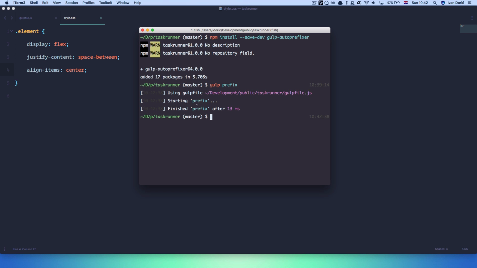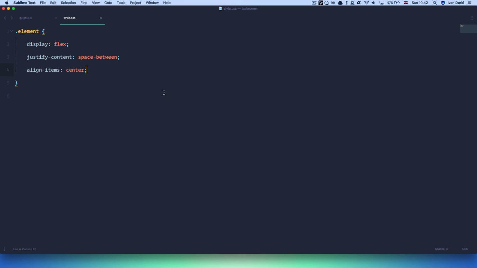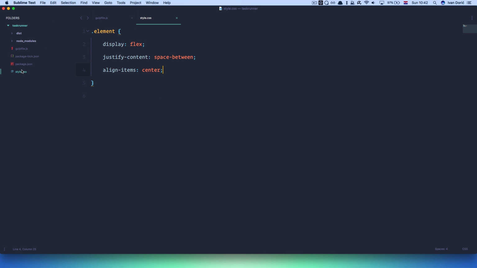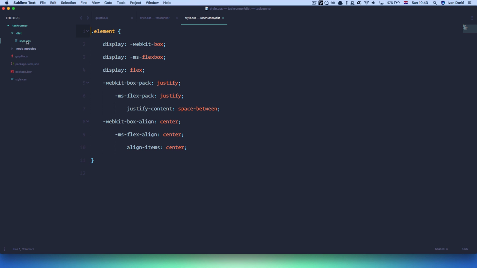and it says it started the task and now the task is done. So if I take a look at the files and folders that I have in this project, you can see that we now have this dist directory, and if I go in it, we have style.css right here. This is the one the Autoprefixer made. And take a look at the difference. So we have display -webkit-box, -ms-flexbox, display flex, and you have all those vendor prefixes in your CSS file. So you would use this file as your actual production file that is going to be shown on the internet. So this is our